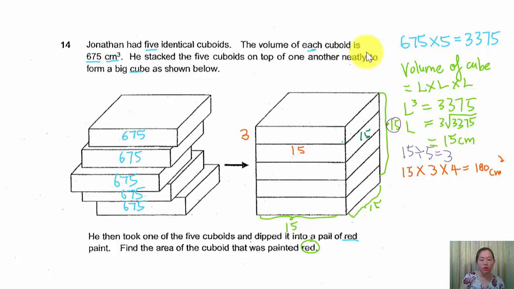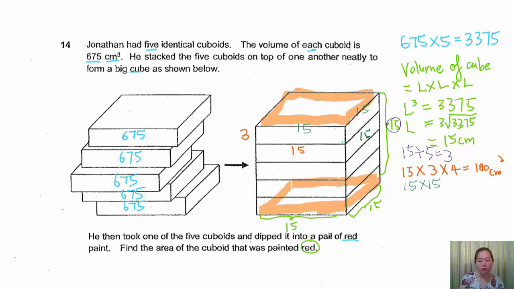Now let's look at the top and the bottom. The top is made up of this area here, and the bottom is also the same. So in order to find these two areas, we have to find the length, which is 15, the breadth, which is 15. So it will be 15 times 15, and if we multiply it by 2, because there are 2 of them, it will be